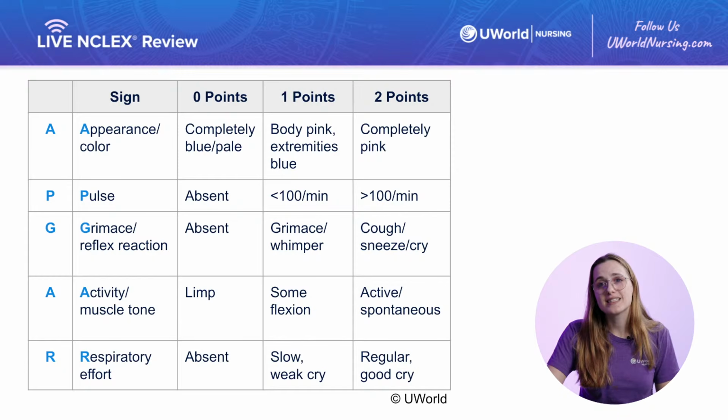A score less than 7 indicates the baby is not adjusting well to life outside of the mom and might need supplemental efforts like oxygen support. If we get a score between 4 to 6, that means the baby is having moderate difficulty adjusting. And if we get a score of 3 or less at any time, then the baby is in distress and